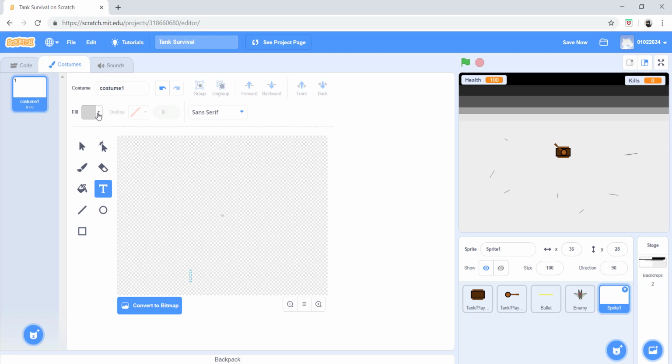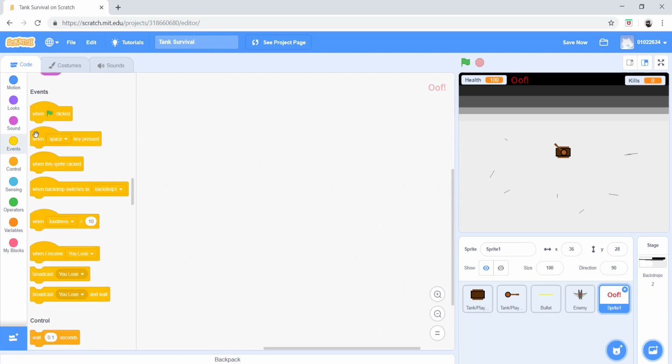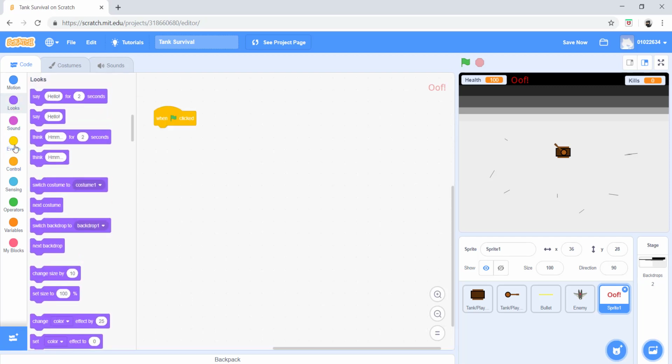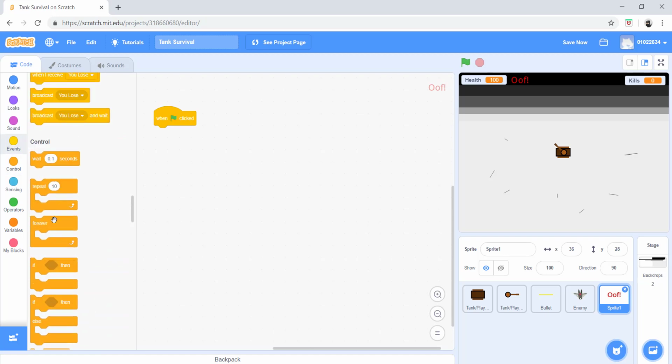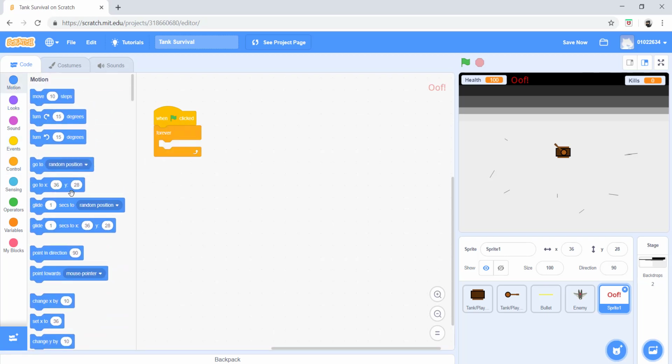Let's make it so that it just says oof or something. At the very bottom, let's make it say oof. Actually, let's put it right up here. And we can make it so that this is forever shaking, just to make it a little eye-catching, so the player will be forced to look at it. And let's just forever glide, and then